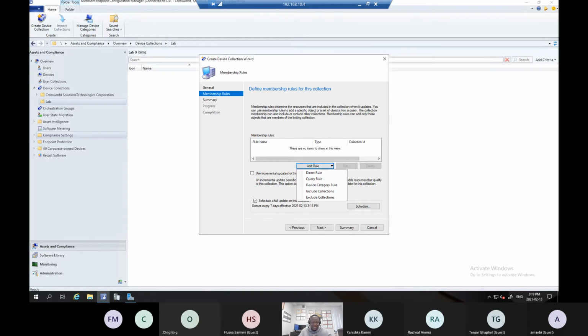It's going to consolidate it together and give me only one device that is going to display on the screen. So now you can boldly say that in an include collection rule,